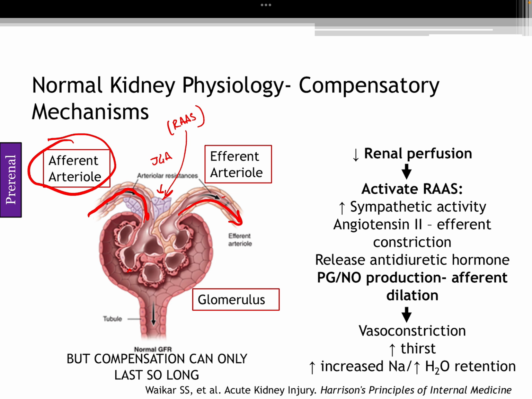So, when this JGA apparatus senses hypoperfusion, renin is released. That's that first part of that renin-aldosterone system. This causes AG2, or angiotensin II, it's actually AT2, to clamp down throughout the entire body, but specifically here at this efferent arteriole. Now, this clamp down throughout the body will increase sympathetic activity and increase vasoconstriction throughout the entire